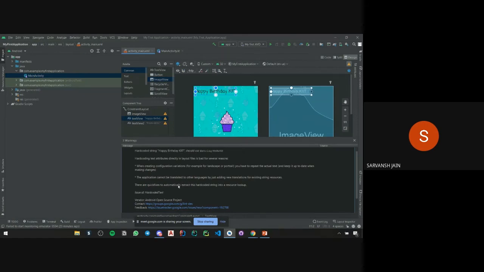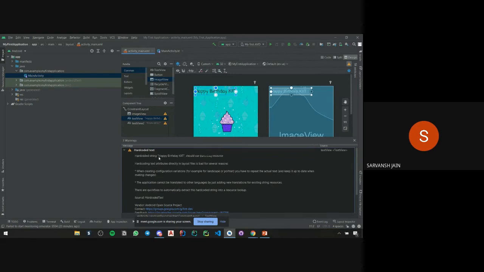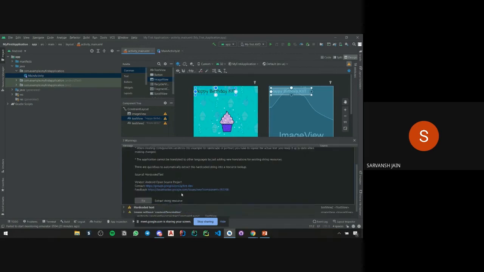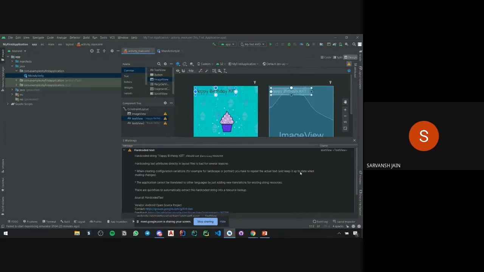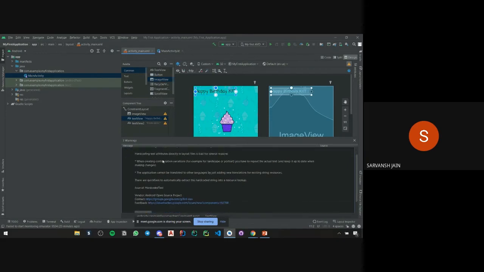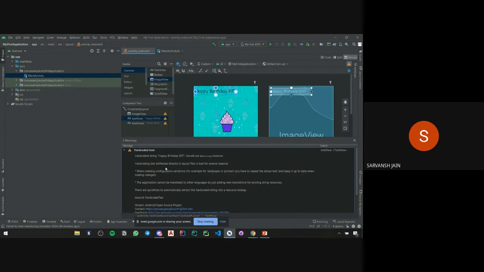But if you don't hard code it and make a resource file, the app does not have to translate every time, and it can just refer to the resource file. That's the difference between a warning and an error. With an error the application will not perform, but with a warning the application will perform. But these are the standards which you should follow.